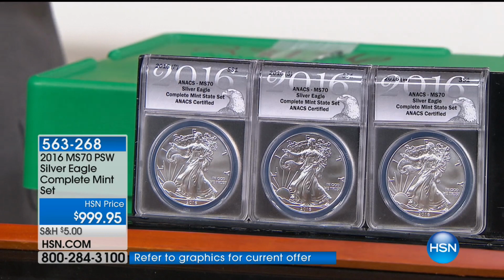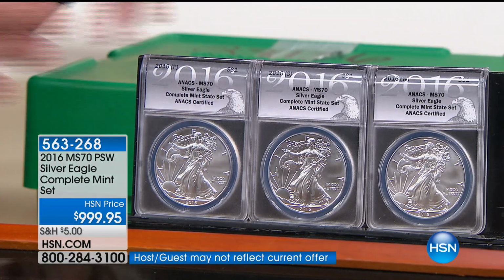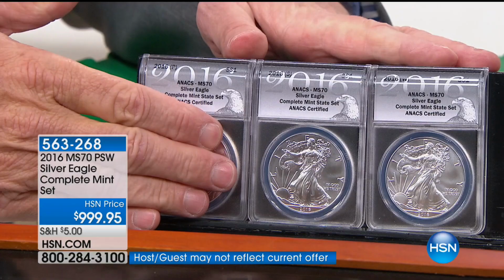How many have they minted of just the Silver Eagles overall? A billion. Right, or more, yeah. So for the very first time, all three together. All three together. At all three mints. Philadelphia,